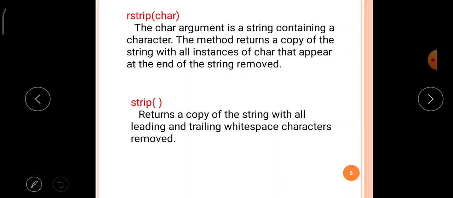When the specified character appears at the end, it is removed, okay.